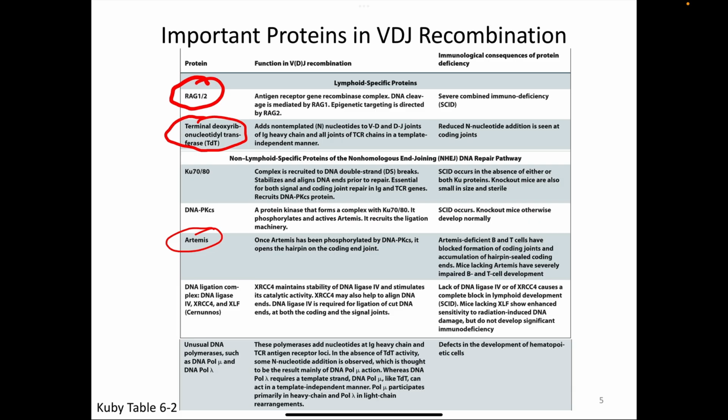The only ones of these that are special for lymphocytes are RAG1, RAG2, and TDT. And when I say special for lymphocytes, I mean that they are the only ones that are expressed only in lymphocytes. So every cell of your body has the genes for RAG1, RAG2, and TDT, but every cell in your body doesn't transcribe those genes and translate the proteins. So the only cells that actually have these proteins, as we're going to see over and over today,